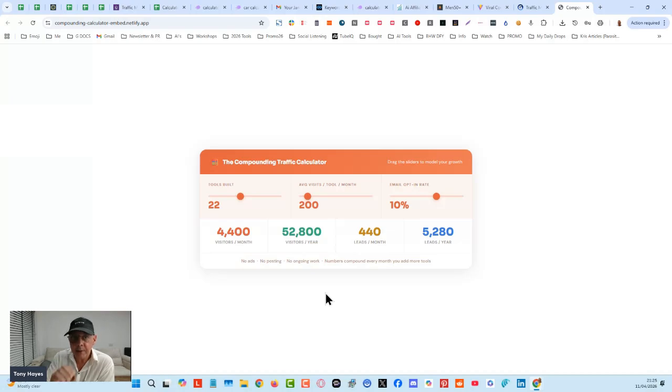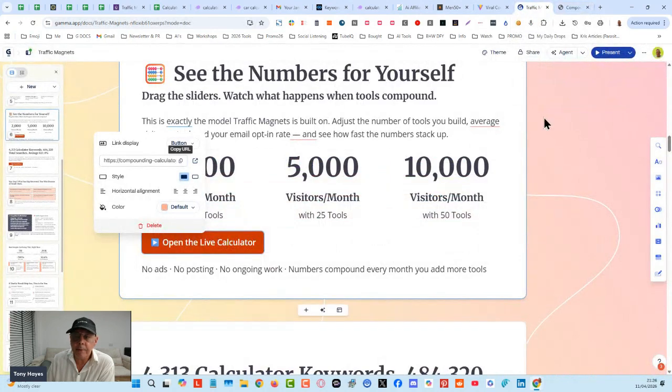We can cherry pick, and we can build whole websites around specific topics, with very good optimization, completely done with AI, so that when people are searching, you're in the game. You're going to show up, and they're going to find your calculator website. That's basically how it works. Very quick, very easy for us to do.